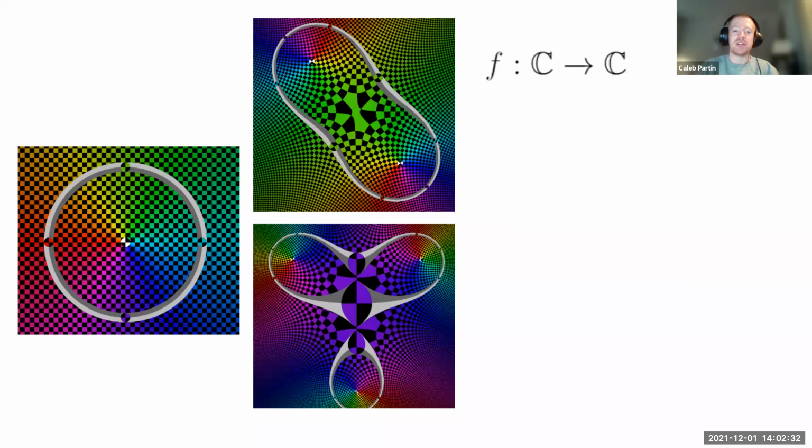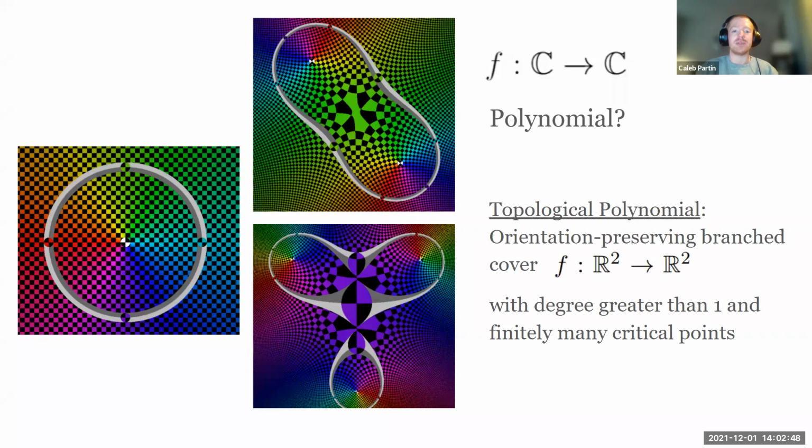So the problem we're interested in is the polynomial recognition problem, which goes as follows. Given a map from the complex plane to itself, how do we detect whether it is a polynomial, and if so, which one? In general, this is a difficult question to answer, so we restrict our attention to topological polynomials up to Thurston equivalence. Two topological polynomials are Thurston equivalent if they are conjugate to each other by isotopic orientation-preserving